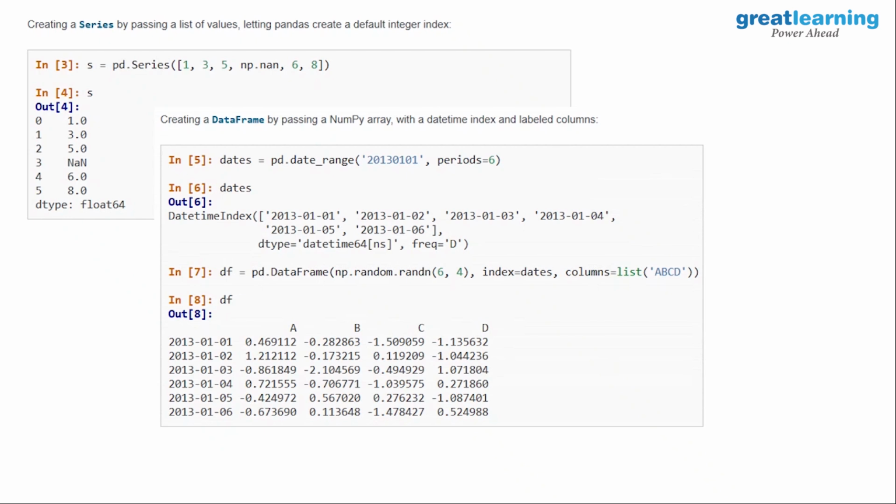Now let's create a data frame also. How do you create a data frame? Say I did pd.date_range from some date I have given, and periods equal to 6. Since I didn't give any frequency, by default it takes day as the frequency. So what this particular function will do is create a series, a range of 6 dates. For example, look at the printed dates. Now you see 1, 2, 3, 4, 5, 6. Frequency is equal to D and everything. It's created some range of dates.